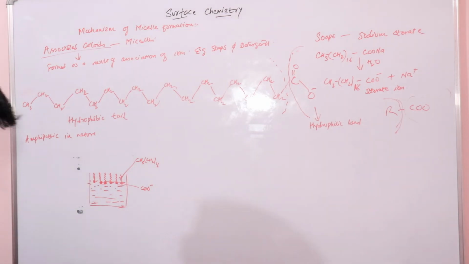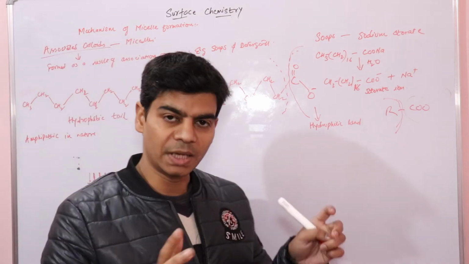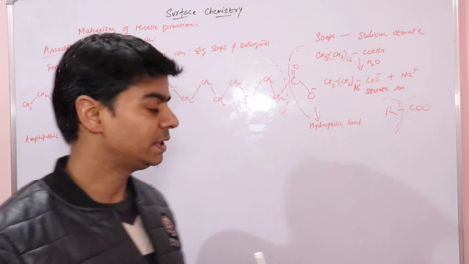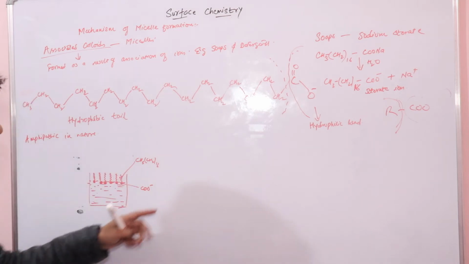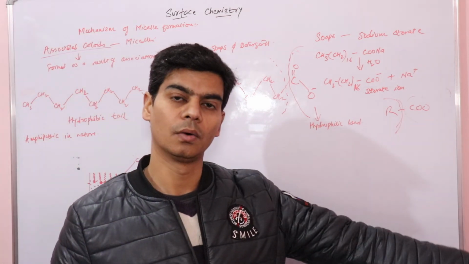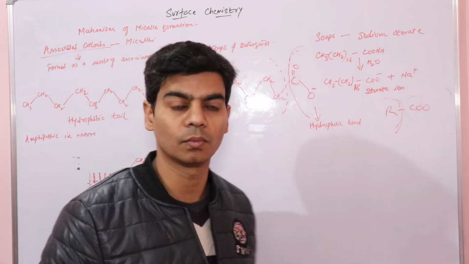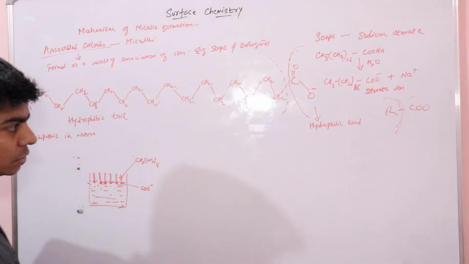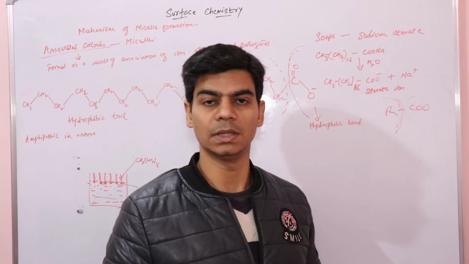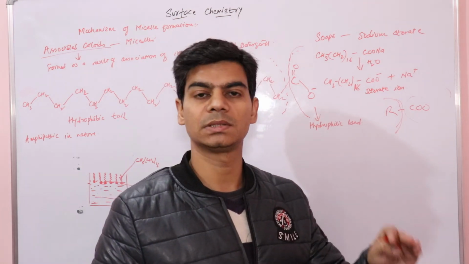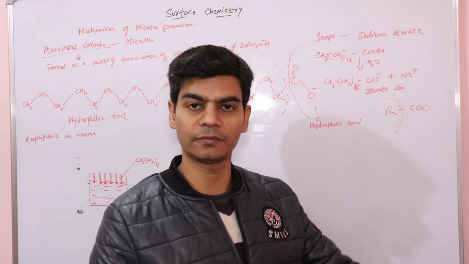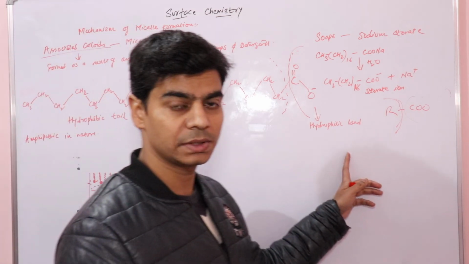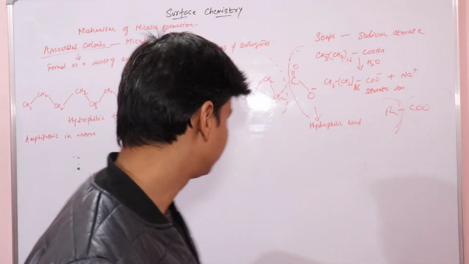Now we said that at low concentration the micelle formation doesn't take place because soap will behave as a strong electrolyte at low concentration. Now let's see what will happen when we increase the concentration of soap in water, that is if we add more soap to water. At higher concentration, when the concentration is above CMC, that is critical micelle concentration, and temperature is above TK, which is Kraft temperature, then these